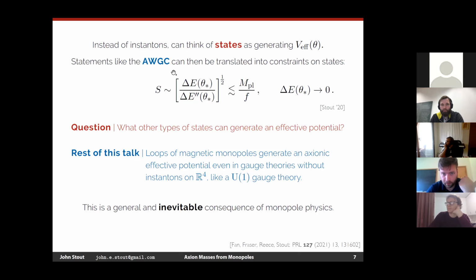I think one of the benefits of rephrasing it in terms of this is that it is not description dependent. It just is how the theory is behaving. So to answer your question, I think it has a lot of conceptual benefits to rephrase it like this, but there are more conceptual questions that become kind of obvious in this frame, why this should be the thing. But it would allow someone to check something like the weak gravity conjecture by going light state hunting. You try and find states that are becoming light as I'm trying to take a volume to be very big, which is kind of a very